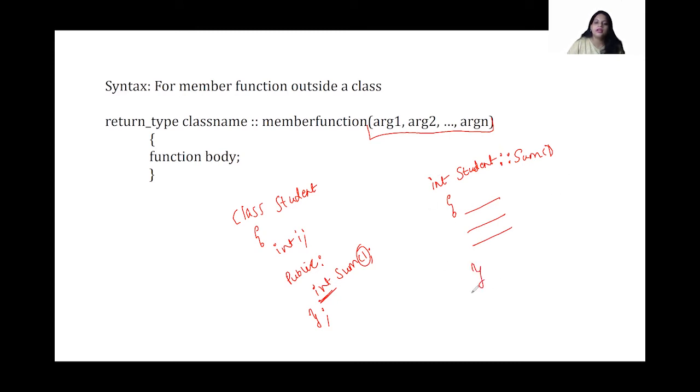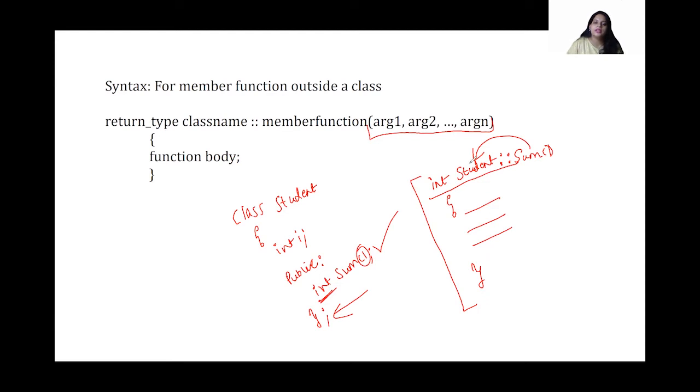So this entire thing happens once the class definition ends, and my function definition starts. Here I'm just declaring that I'm going to have a function like this, and here I'm defining the code of that function. But the main thing we need to remember is how we are going to link that function with the class.